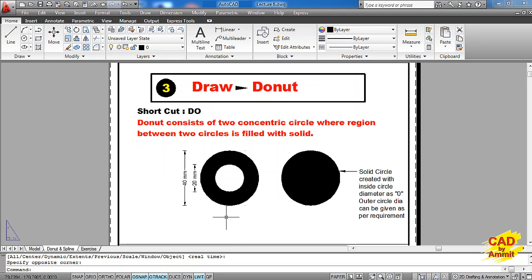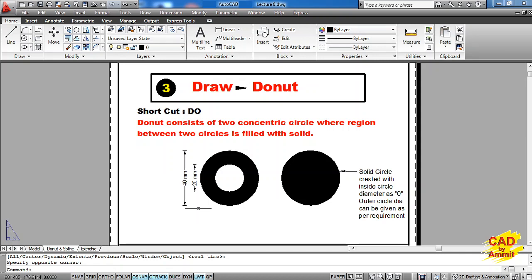When we give the donut command, the software will ask what is the inside circle diameter. In this particular case, I have taken the inside circle diameter as 20 millimeters. After that, the software will ask what is the outside circle diameter. Here I have taken the diameter as 40 millimeters.